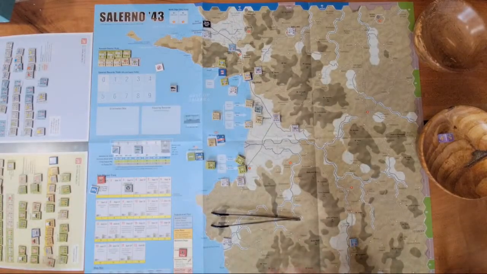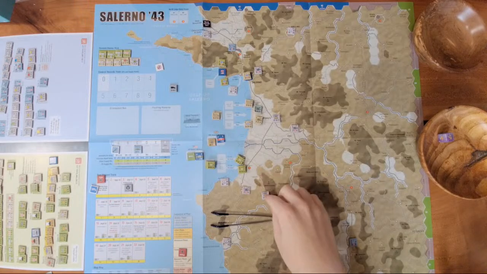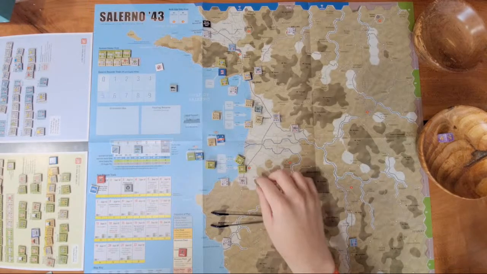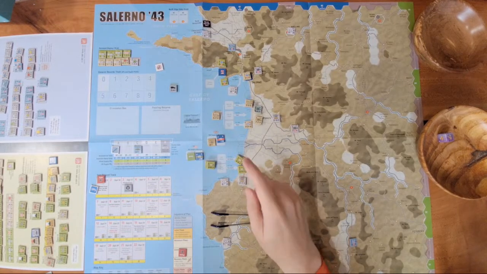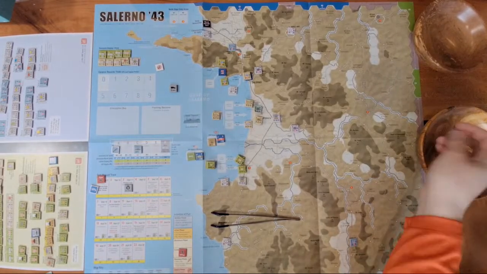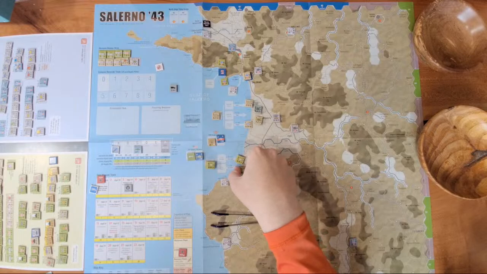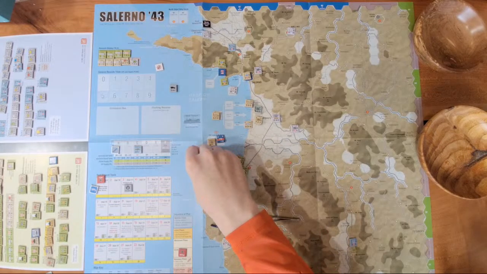Okay, so an interesting thing here in Salerno is normally, if something gives you a shift, you have to flip it. But in this game, we don't, although both units did give us a shift. So we take the loss. They will definitely do a determined defense because they have nowhere to go. So we are in clear terrain. We will...